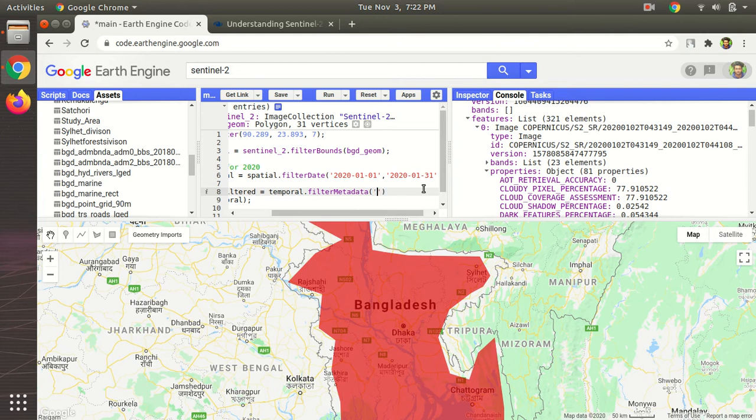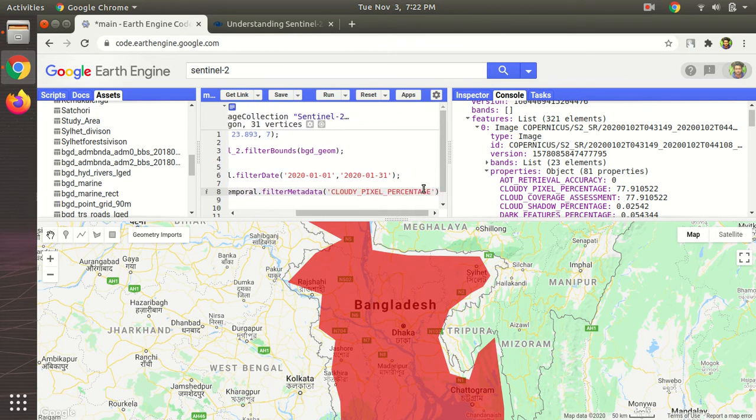So let's say we are filtering using cloudy pixel percentage, and we want images where the cloudy pixel percentage is less than 5%. So we want the less than operator, and then less than 5%.